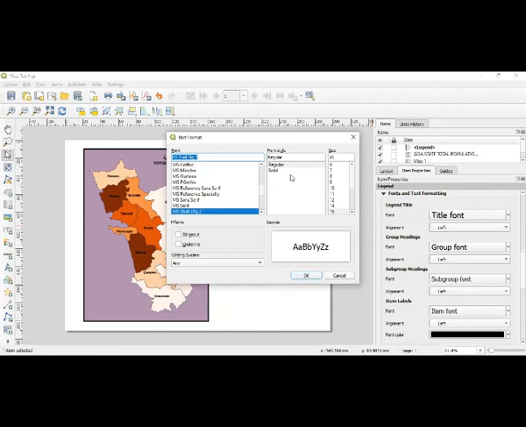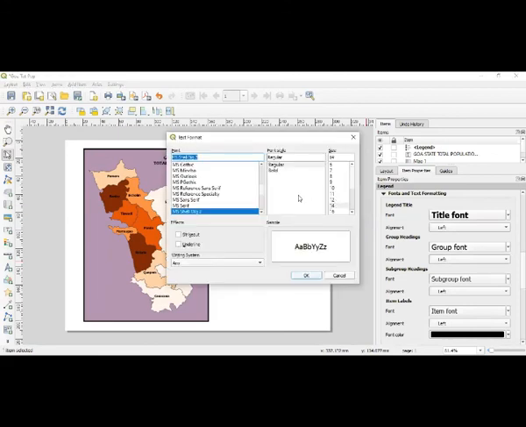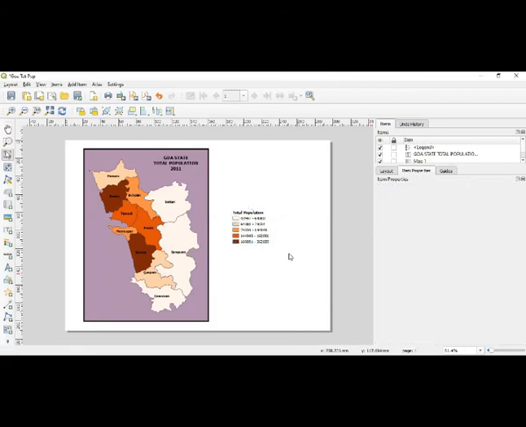So that's going to be then group font. If you want, then you can go here and I want to make this one bigger. So like that, if you go for subgroup font, then you can see here bold and convert it to this one. Now you see that, so title font, then group font, they are all attached to this one. So now total population actually shows the subgroup font. Okay, now this legend is ready. I hope each one of you is getting. Legend is ready, and I will keep the legend here.